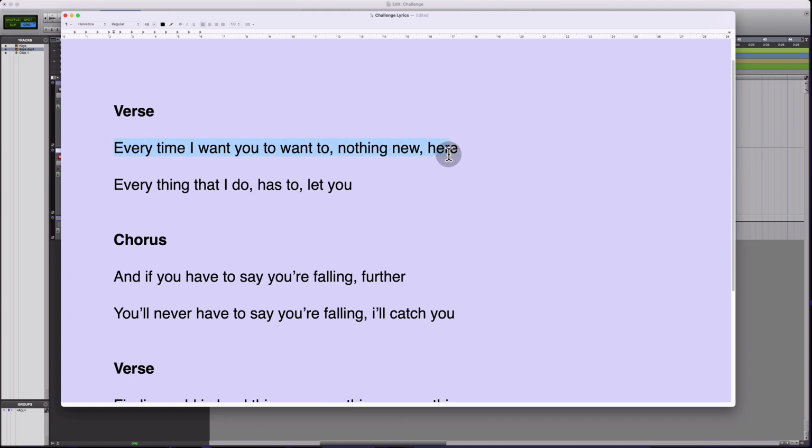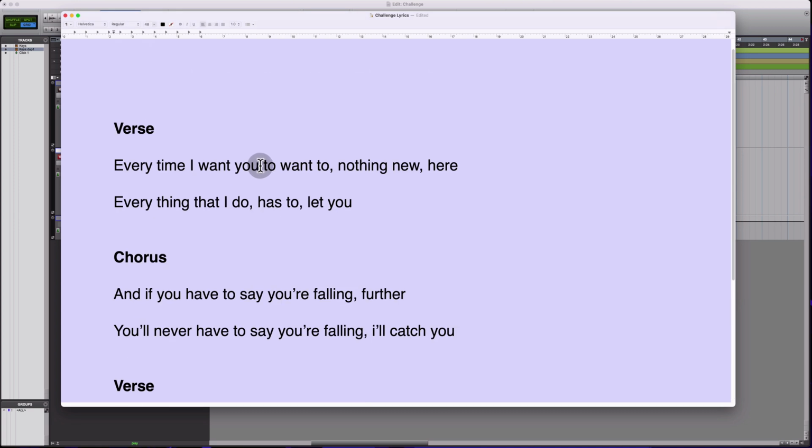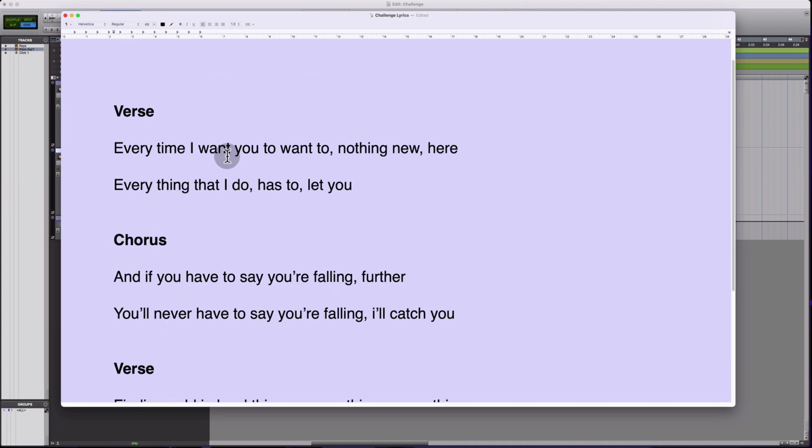So I might think about how I want to add some metaphors or some visuals to the idea in this line. So I'm saying every time I want you to do something, nothing new happens. So, okay, I'm saying that, but how can I say it in a much more detailed and descriptive kind of way? That would be one of the many next steps that I would want to do with these lyrics. But technically, I guess I have a finished song here, a short 2-minute song with 4 sections and short